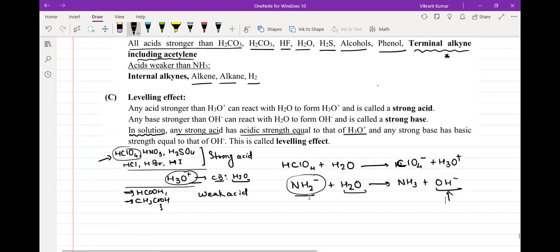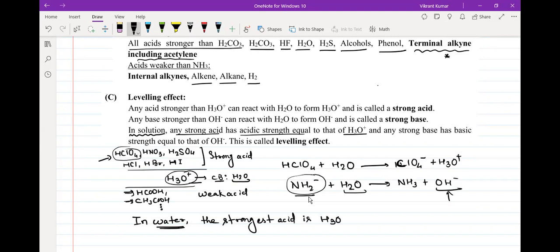So that line I have not written, but I'll write it here. In water, the strongest acid, and this is in water, है ना? ऐसे तो comparison किया हुआ ही है. The strongest acid is H3O plus and the strongest base is OH minus. Okay. So मैंने बोला H3O plus से ज्यादा stronger है HClO4, but water के अंदर जाके उसका acidic